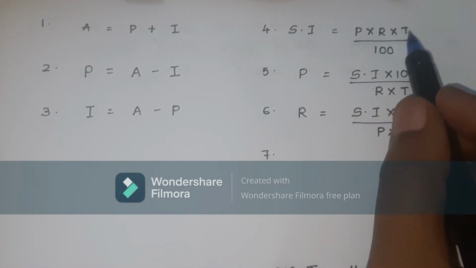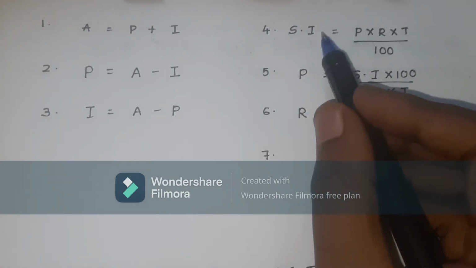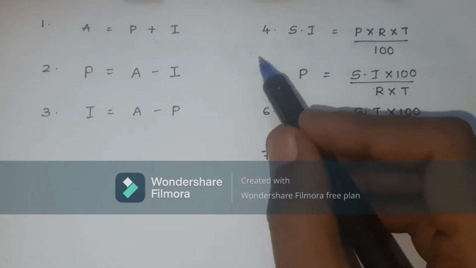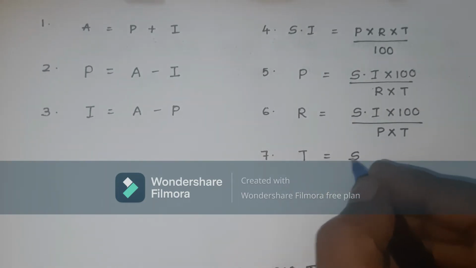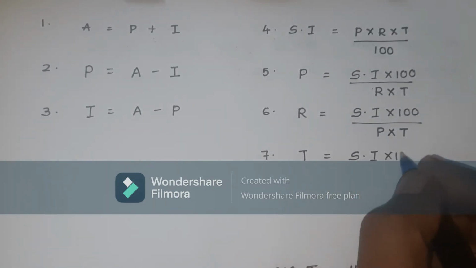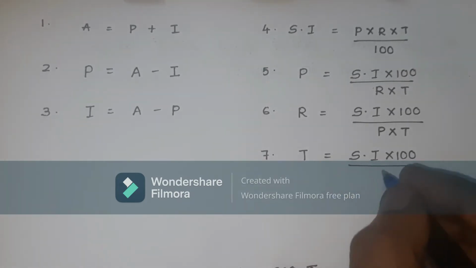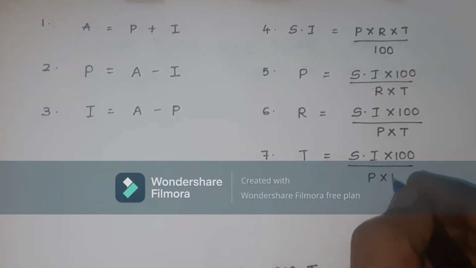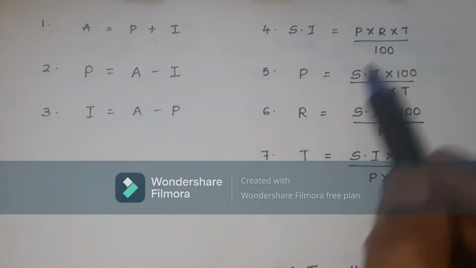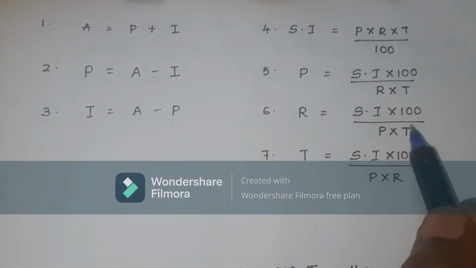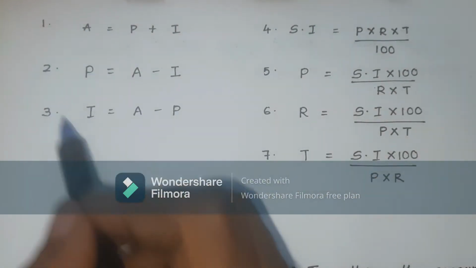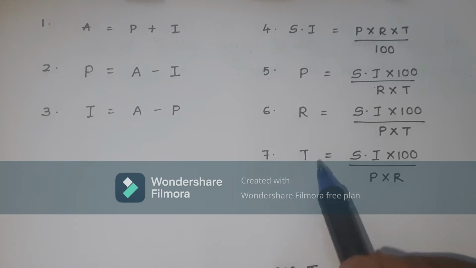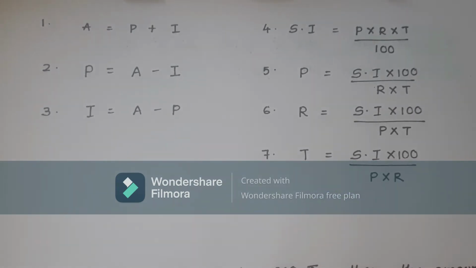Now the last formula that I can derive with this is time. For time, I can make time the subject. That means 100 will be a multiplier, principal and rate will be divided again on the left hand side. So therefore time is equal to simple interest into 100 upon principal into rate. Either you can remember this formula and derive the others, or you can learn all the formulas. But you require all of the 7 formulas for solving questions based on simple interest student. So let us begin with the question.